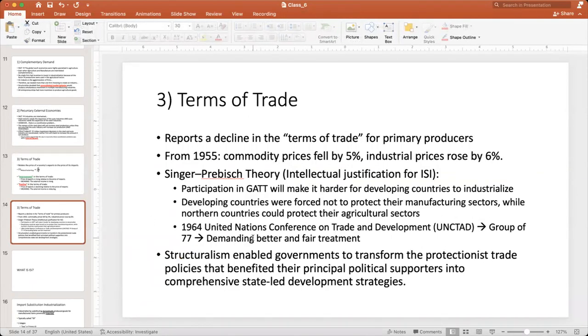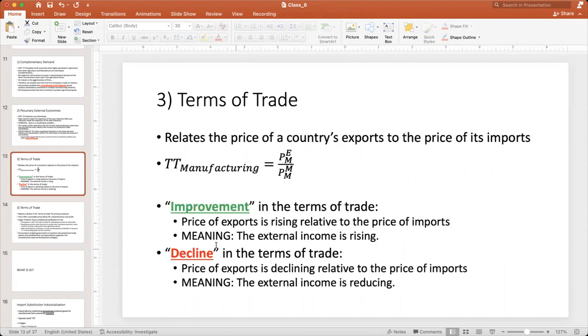So based on that definition, the problem was that when the World War started, well, there was a decline in the terms of trade for primary producers. So up to 1955, commodity prices fell by 5% and the industrial prices rose by 6%. So as you can see, we are here in the decline in the terms of trade. So the developing countries experienced a reduction of their external income, and